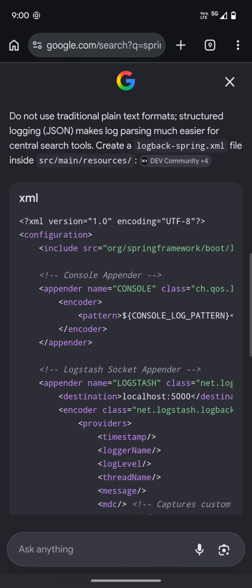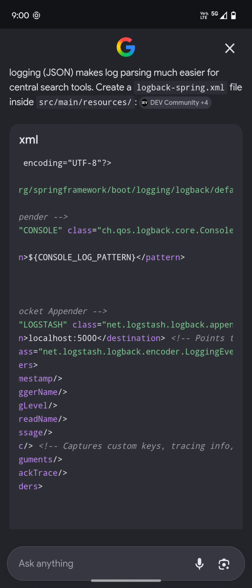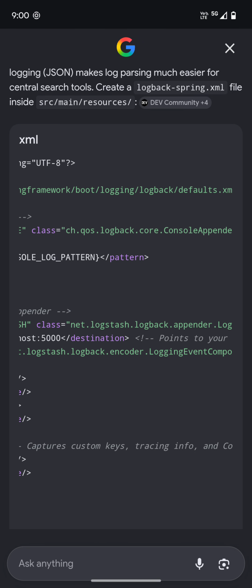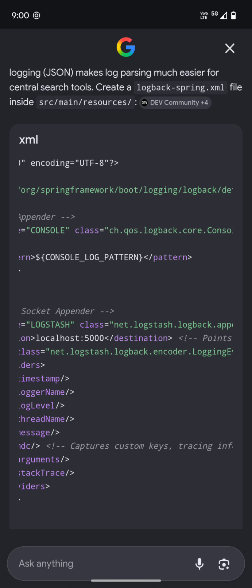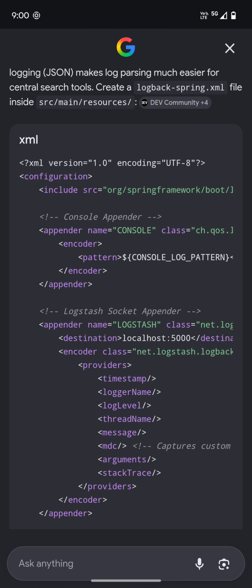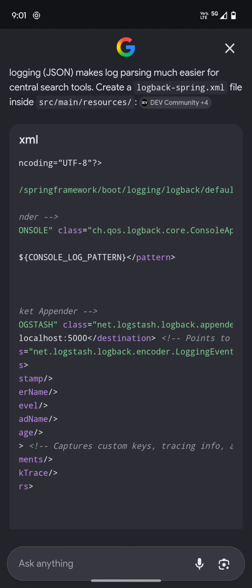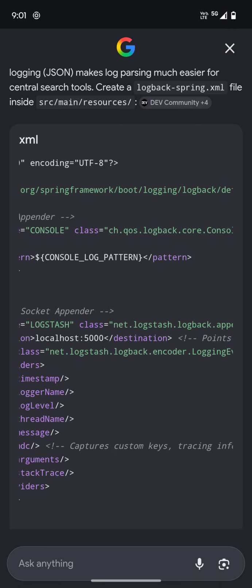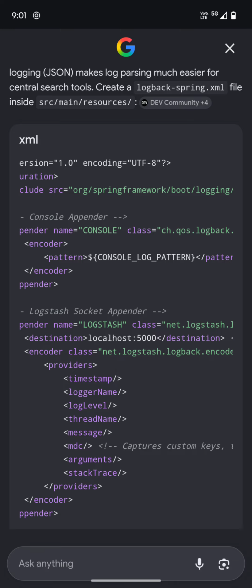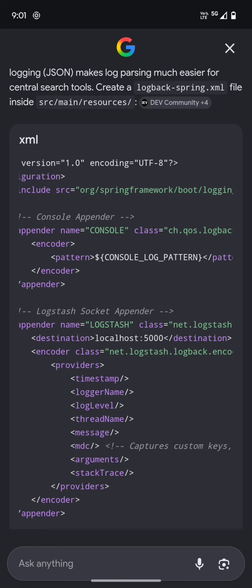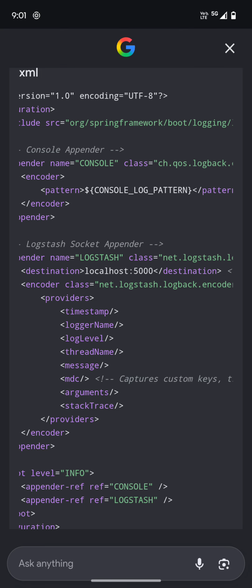You have to place this under the resources folder. This is a configuration file. You can see how we are specifying here. We are using the ConsoleAppender class. You can see there are many classes available, because for each pattern there are different console appenders available. You need to pick or choose among these predefined classes. Based on the pattern that you are expecting, you have to use the particular class there.